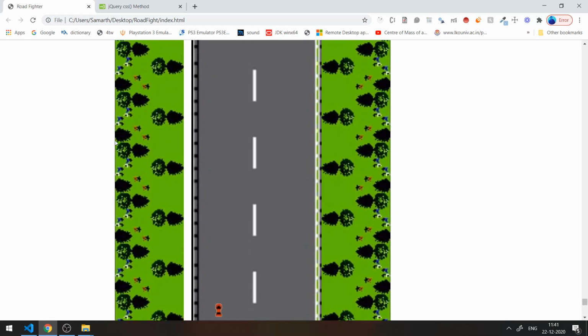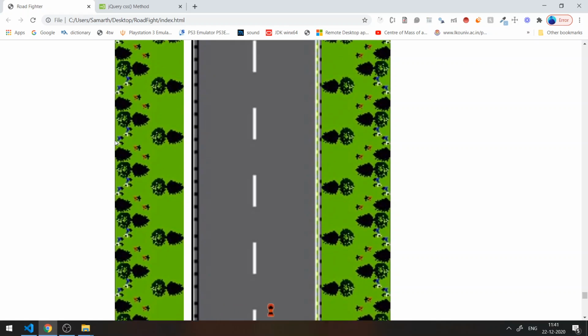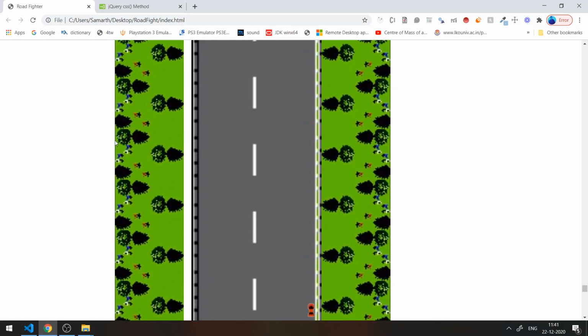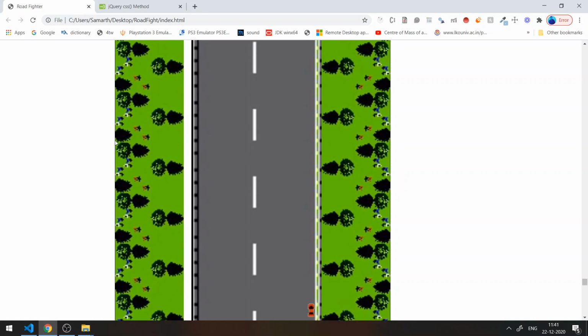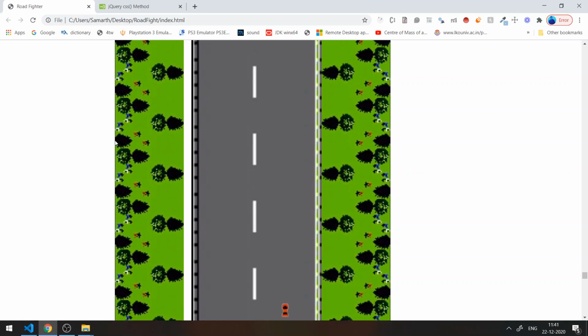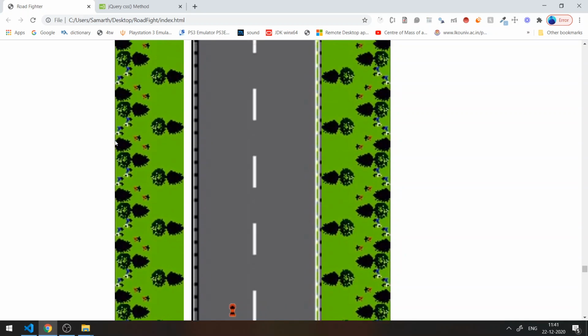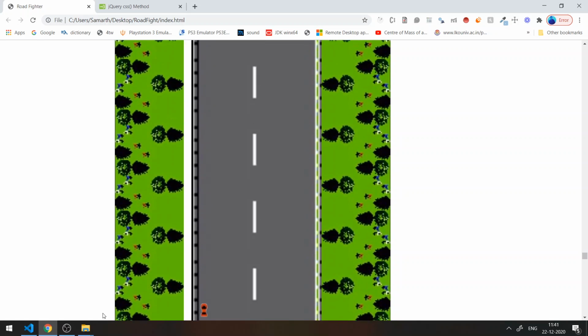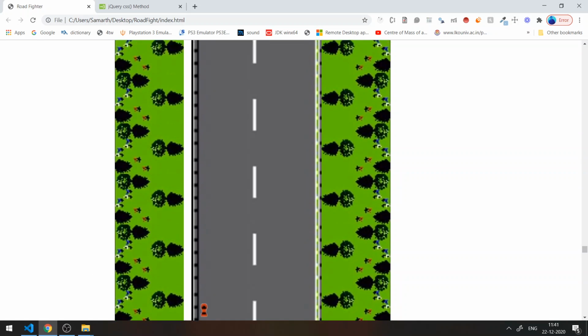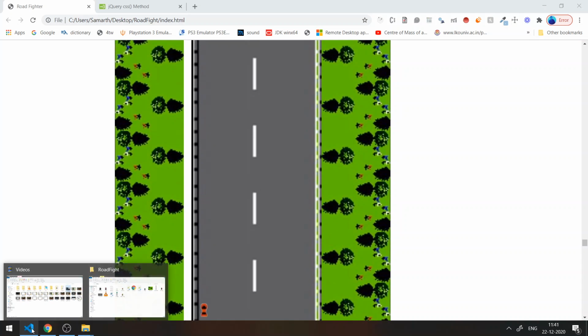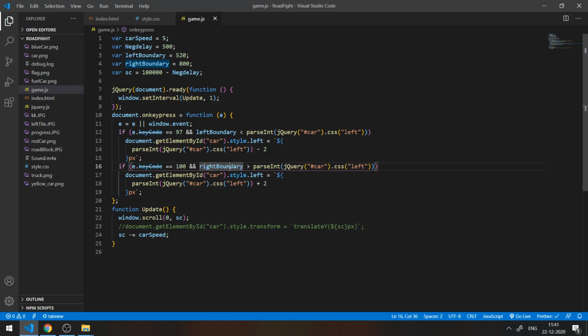See, we have constrained the movement of the car. I press on the D key, nothing is happening. I press on the A key now, nothing is happening. Cool. Now, more to this is how we can actually